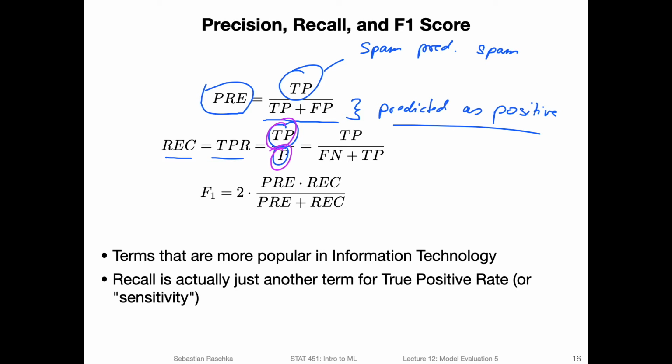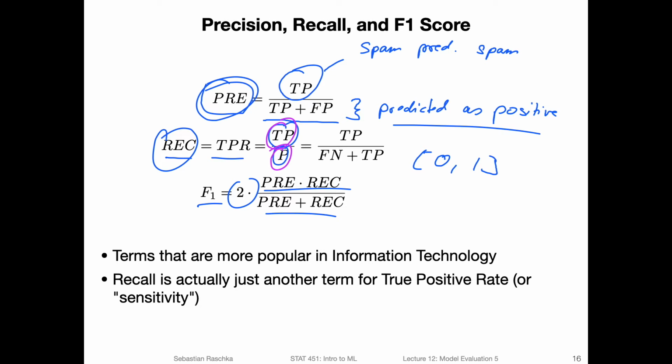And a weighted version of the two, of precision and recall, is the so-called F1 score. So the F1 score, you can think of it as a combined version of precision and recall, which is using both and then multiplying it by 2. The range of all these metrics is between 0 and 1.